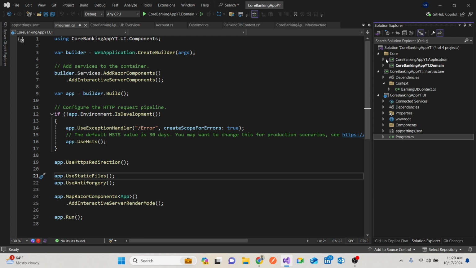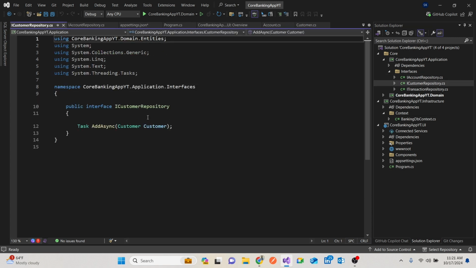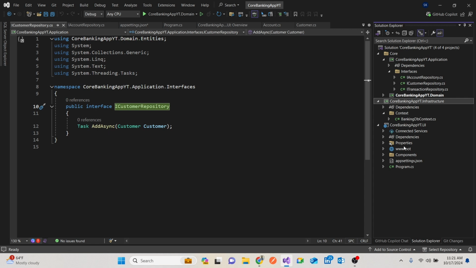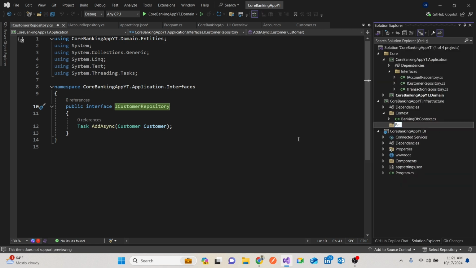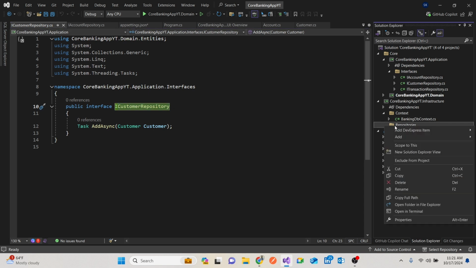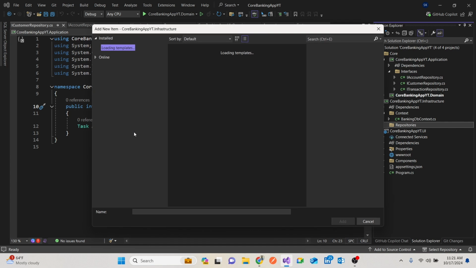Now remember in our application we have things that we have, for instance, we have the ICustomerRepository here, right? So we're going to create what we call repositories also in our infrastructure. So I'll create a folder. I'll call the folder Repositories, like so. And one of the repositories will be the ICustomerRepository implementation. So I'll create a class there, and this class will be called